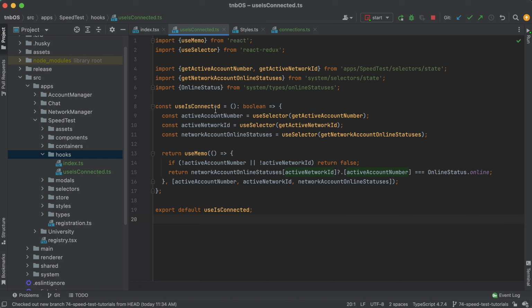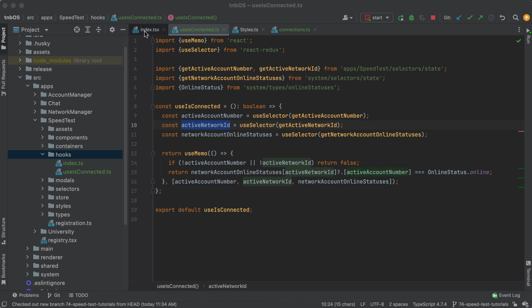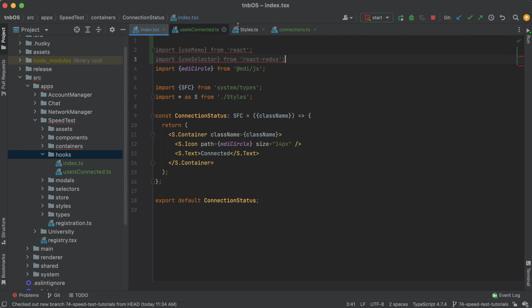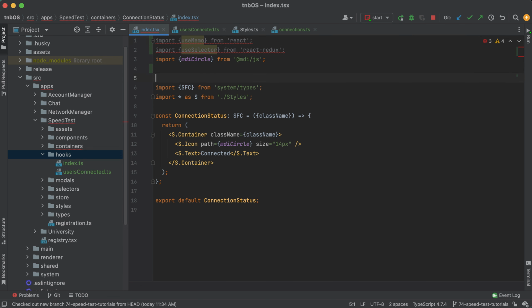And that is our hook logic to say, are we connected to this account over this network? So now that we have that, what I want to do is pop back in here into my connection status component, and we can start right in this logic. All right, so let me go ahead and import that hook we just wrote. And that's called useIsConnected